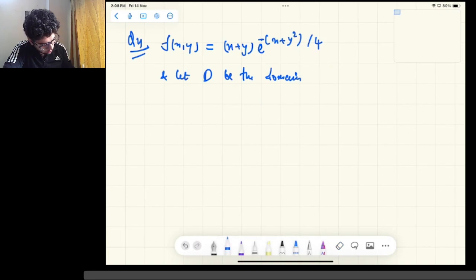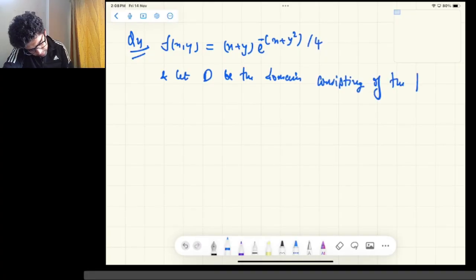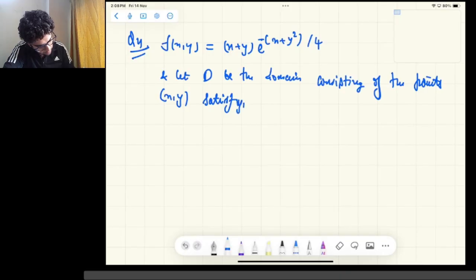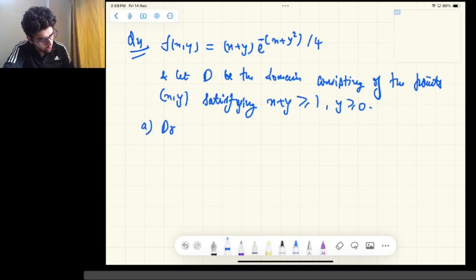Let D be the domain consisting of the points (x, y) satisfying x plus y greater than or equal to 1, comma y greater than or equal to 0. Part A says: draw the domain D in the xy plane